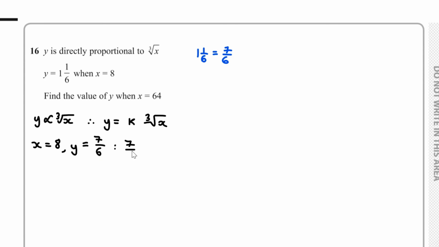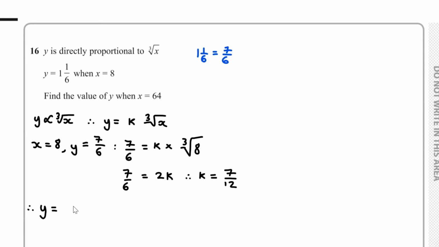So we get 7 over 6 equals k lots of the cube root of 8. So we get 7 over 6 equals 2k, and if we divide through by 2, you can see k is equal to 7 over 12. And therefore, we can conclude y is equal to, if we replace the k with 7 over 12, we've got 7 times by cube root of x